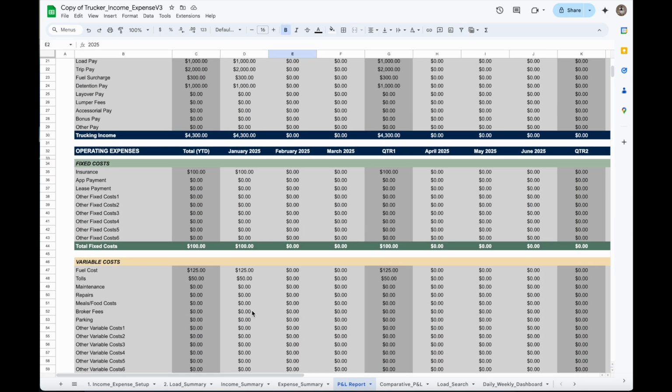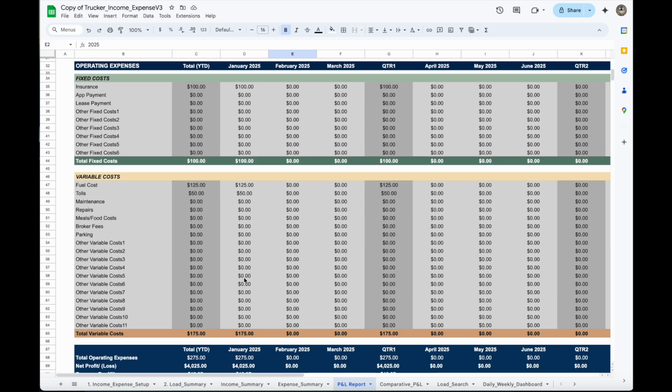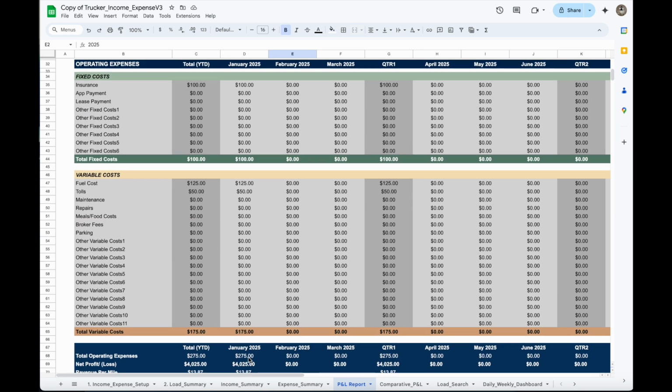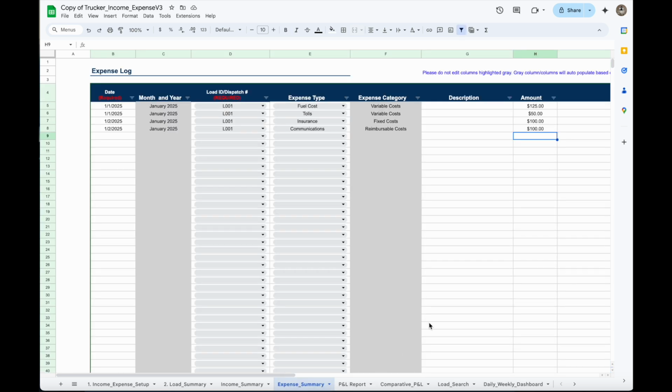And then for expenses for January 2025, there's a total of 275. And this information here from row 34 all the way to 65 comes from the expense summary tab. So let's see if it's truly 275. So come here, add that up,